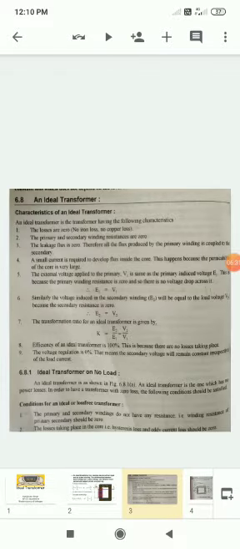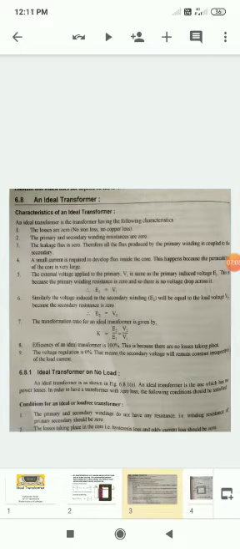In a similar way, on the secondary end, E2 is equal to V2. E2 stands for the induced EMF produced in the secondary winding, and that is also equal to V2. So in the transformation ratio, V2 upon V1, meaning E2 upon E1, K is the transformation ratio, sometimes written as A, and it is equal to 1. K equal to 1 means the transformer has 100% efficiency, or it is called an ideal transformer. But practically this is not possible.